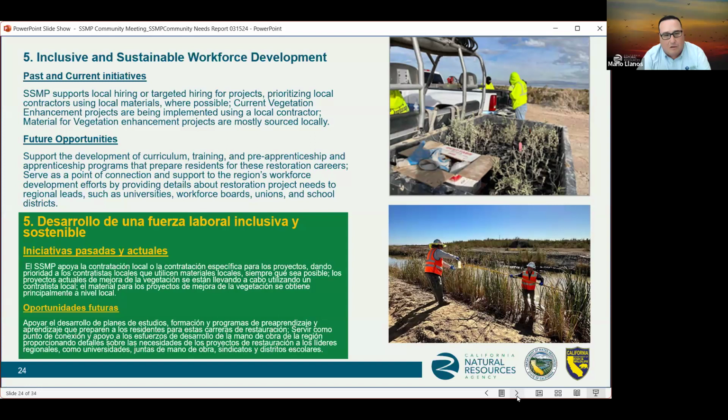Future opportunities include supporting the development of local curriculum, training, and apprenticeship programs to connect residents in the region to restoration careers within the SSMP.